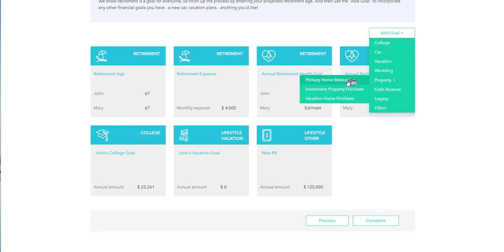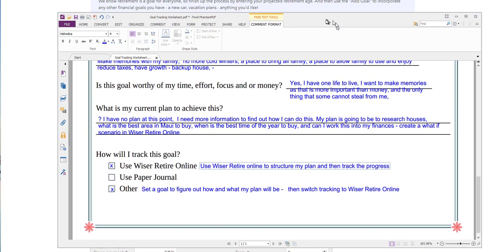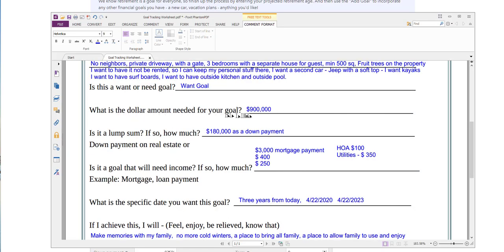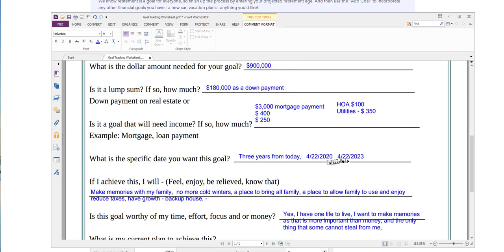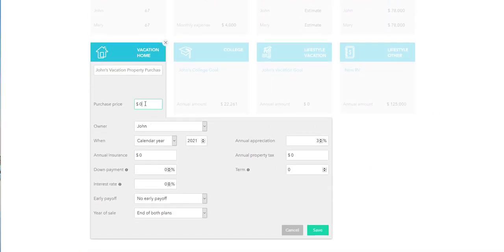And let's go back to what we built in 6A video tutorial, which is we're going to buy a vacation home. Now let's assume that we've done our research, and this little example that I gave of what is the dollar amount needed for your goal. Say I've got $900,000 to purchase that house. Is it a lump sum? If so, how much? I need $180,000 as a down payment. And then I have an income goal because I've got ongoing monthly expenses. When do I want it? So we're going to use that goal sheet as the way we're going to build out